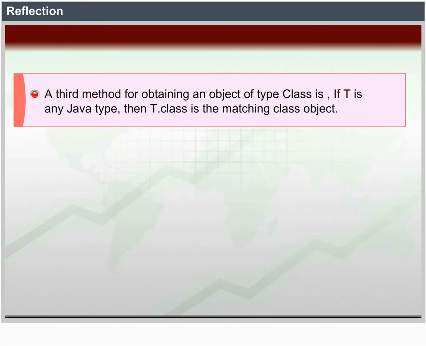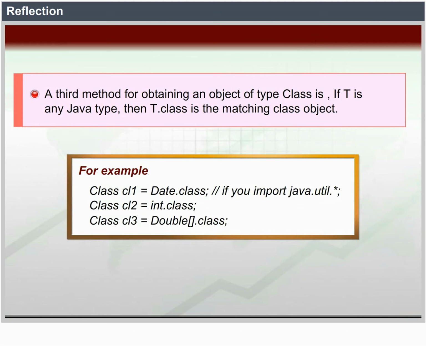A third method for obtaining an object of type Class is, if T is any Java type, then T.class is the matching class object. For example, Class cl1 = Date.class; if you import java.util.*; Class cl2 = Integer.class; Class cl3 = double[].class;